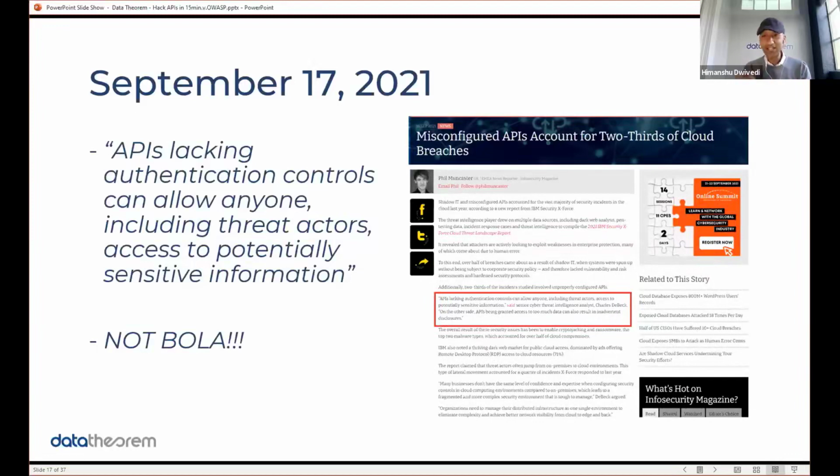It's a great attack. I love it. Very sophisticated, very research oriented, right? And that's why I'm not going to talk about it today, because it's not the cause of data breaches. Data breaches are happening much easier than BOLA. Now, BOLA is great, I love it, but it's a researcher exploit. APIs are being breached in a much easier way. And you can see from this article, two-thirds of cloud data breaches are because of the API. So I cannot agree with that more.